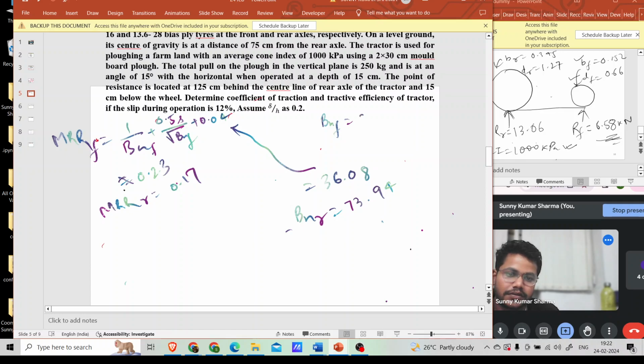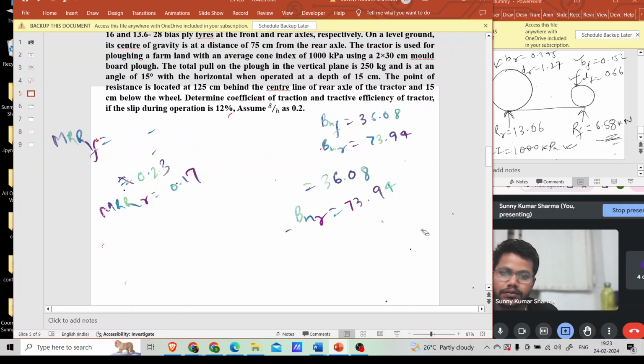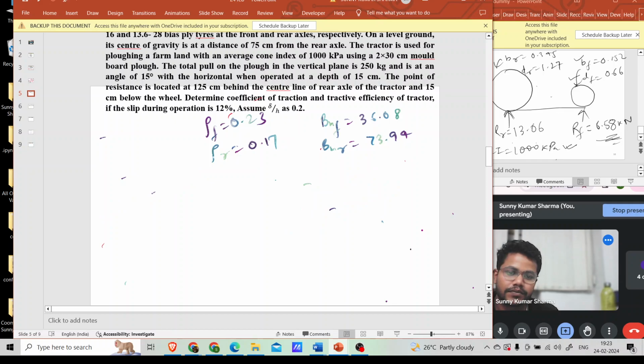Bn for front wheel is 36.08. Bn for rear wheel is 73.94. Rho for front wheel is 0.23 and rho for rear wheel is 0.17. Rho we have already calculated. Now we need to calculate mu g, and mu g is 0.88